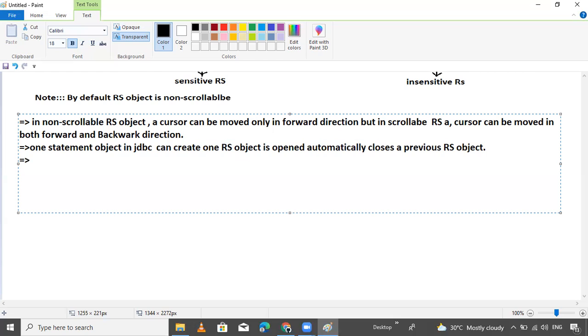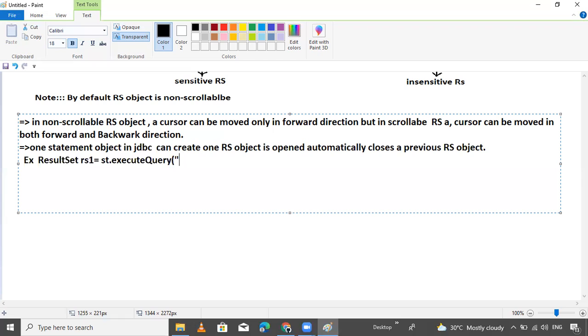Now let me use an example. ResultSet rs1 equals st.executeQuery, select star from student. We use executeQuery because we are performing a select SQL query.